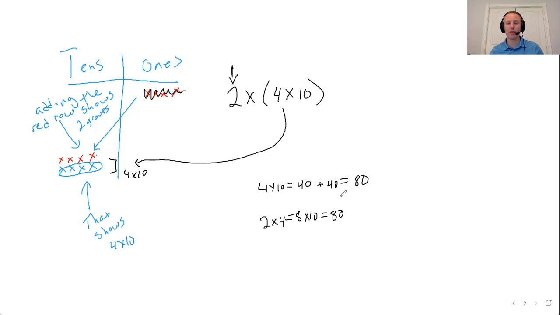So maybe it works for you, maybe it doesn't. Do your best on the front page. If you're finding that this strategy just doesn't work for you, move on to the back side or the second page, right? So if the front part of the problem set works best for you and it really makes sense to you, by all means, go ahead and use it. If it doesn't and you're getting frustrated with it, move on. Go to the second page because there's a different way to do this sort of problem, and I'm going to show you that right now. And this is the way that's similar to what we learned